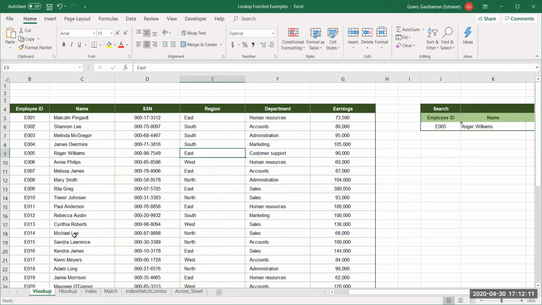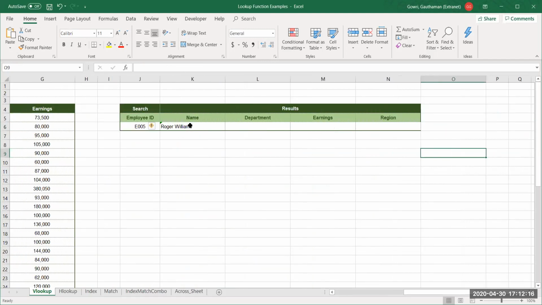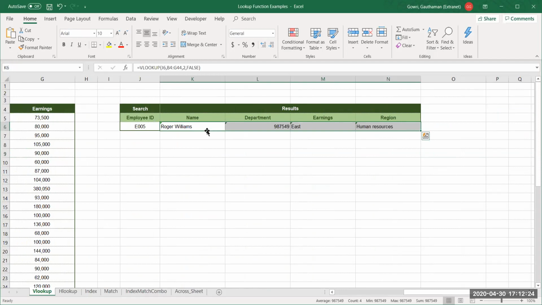Next, I want the other details as well. So we'll copy and paste this. You see what happens? I copied this formula to other cells. We are getting some result, but is it correct? This is not the department name. So what's happening here? Just double click.